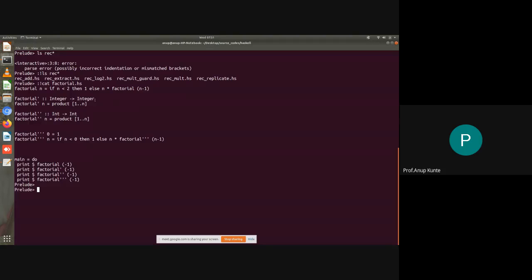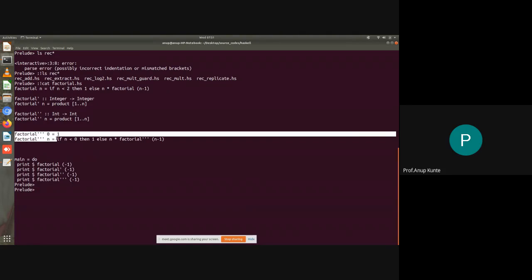Right now we will check the last kind of implementation. Okay, so this is another implementation of factorial. So factorial 0 is equal to 1 and factorial n is equal to, if n is less than or equal to 0, then 1, else n into factorial n minus 1. Okay, this is kind of an overkill, but if I want to use the pattern matching concept of